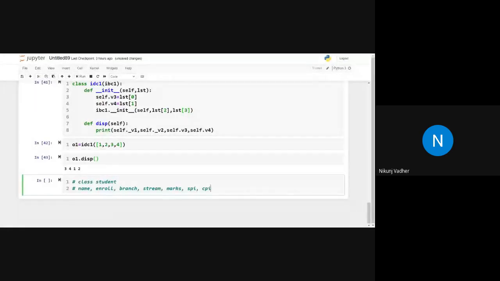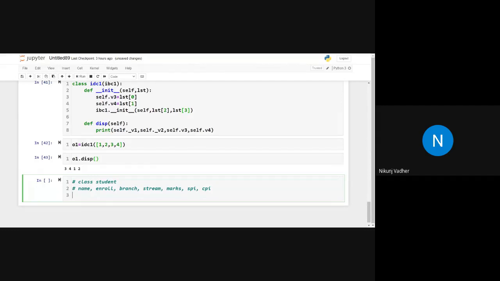So these attributes will be there, and we will be working with these attributes, and we will implement some of the methods which will deal with the class student.